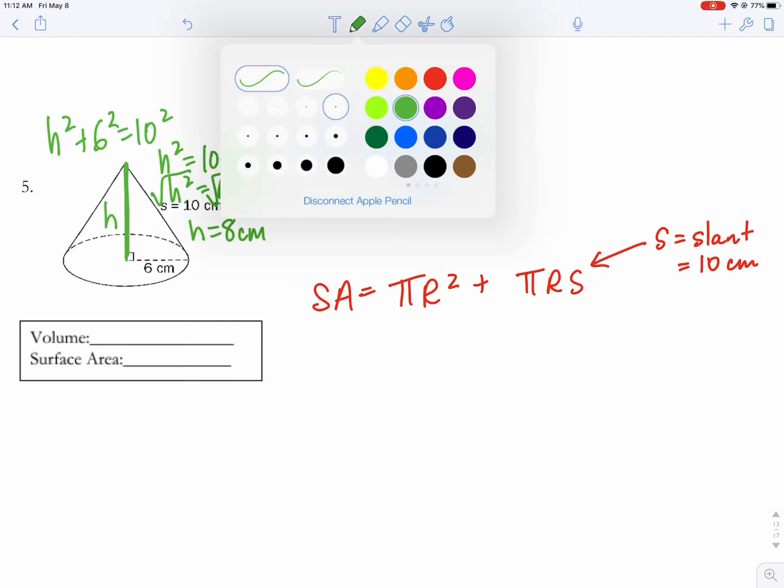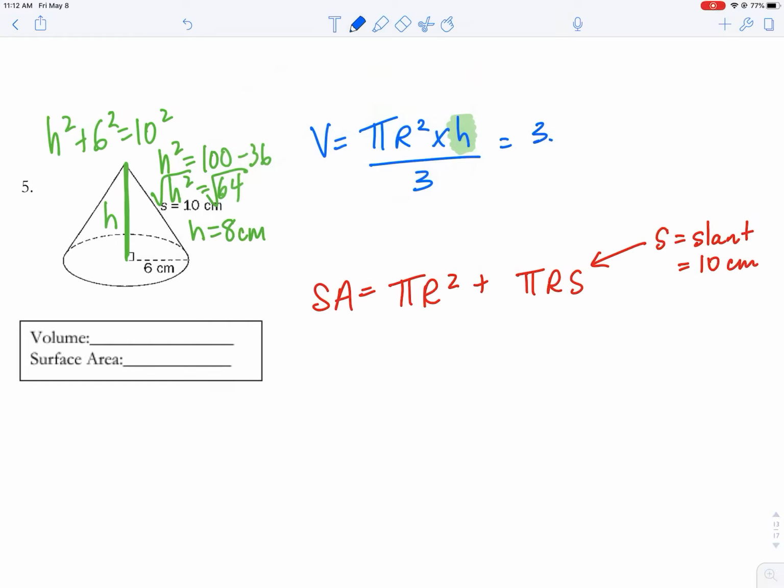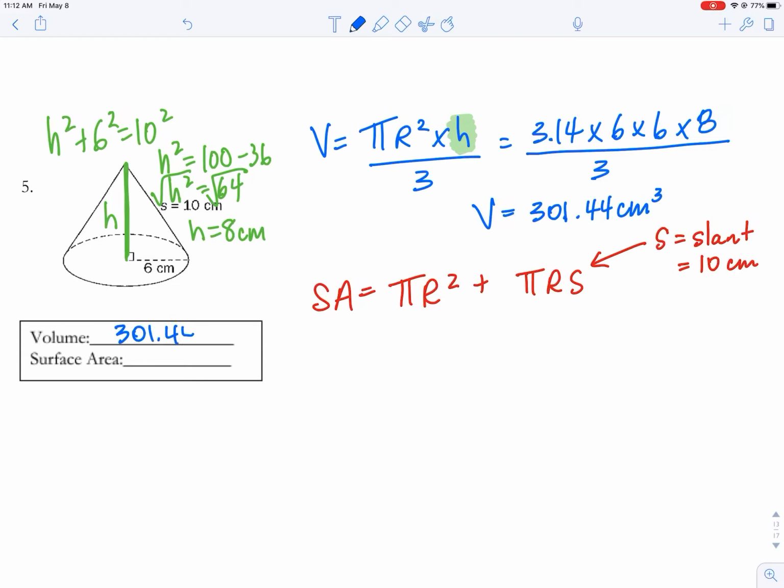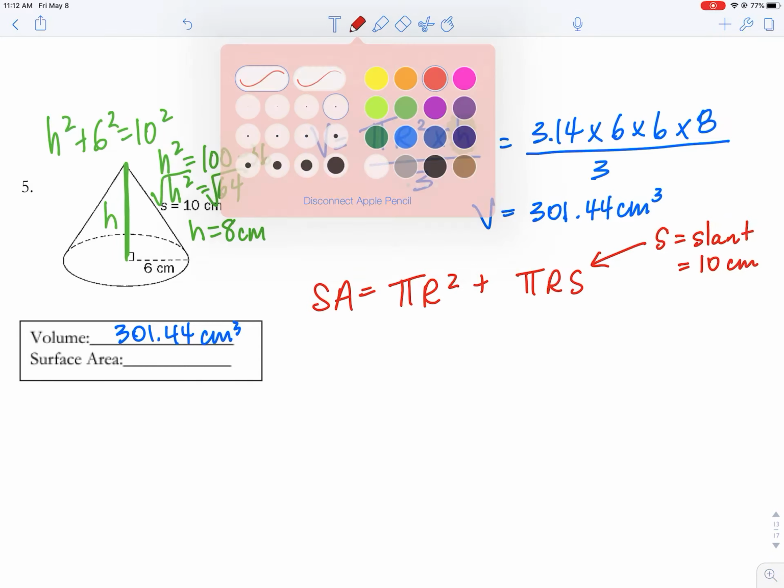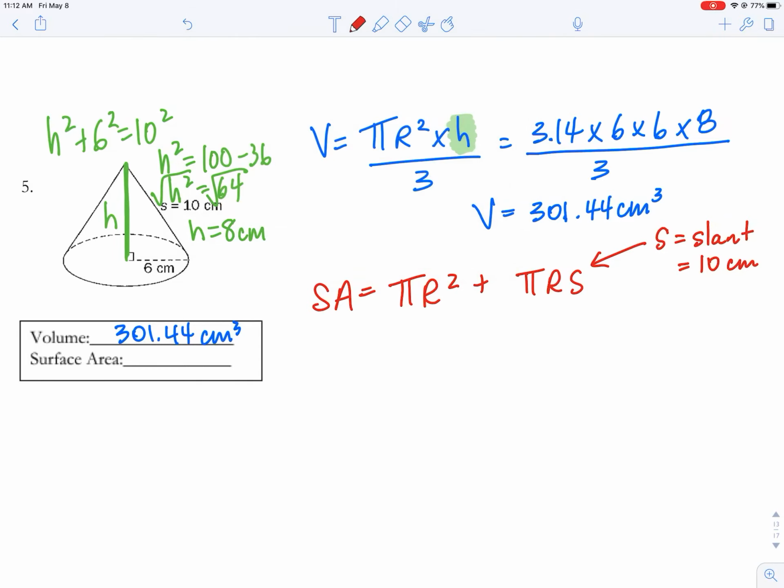centimeters. So we're going to use that, and it's going to be 3.14 times a radius of 6 squared, so write it out twice, times the height is 8. This whole mess divided by 3. I got that the volume was 301.44 centimeters cubed. And for the surface area of the cone, we're going to do pi r squared, that's